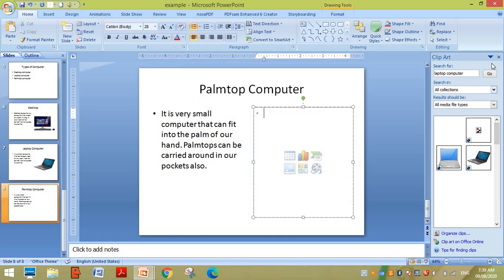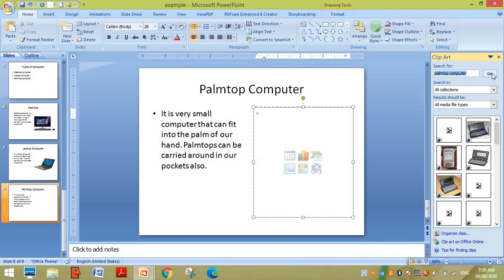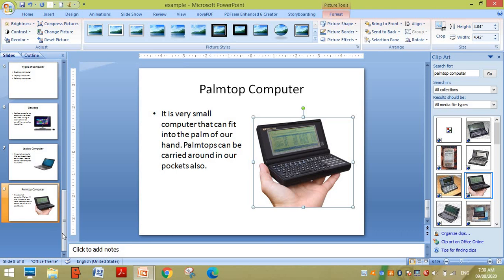We'll type the content, and we will find the clip art for the palm top computer and add the clip art there.